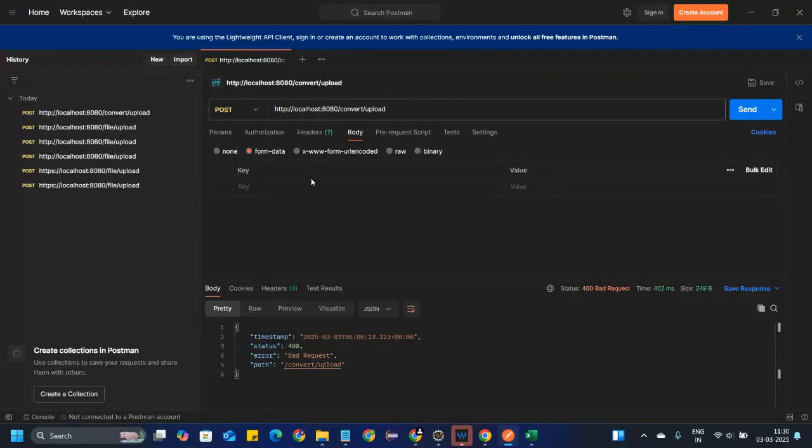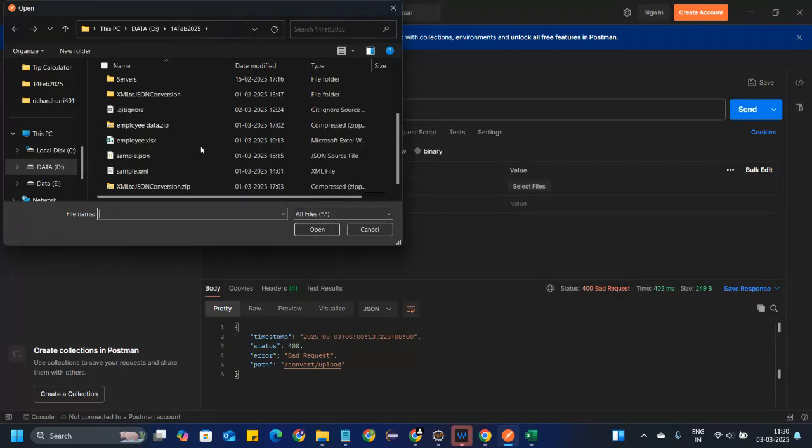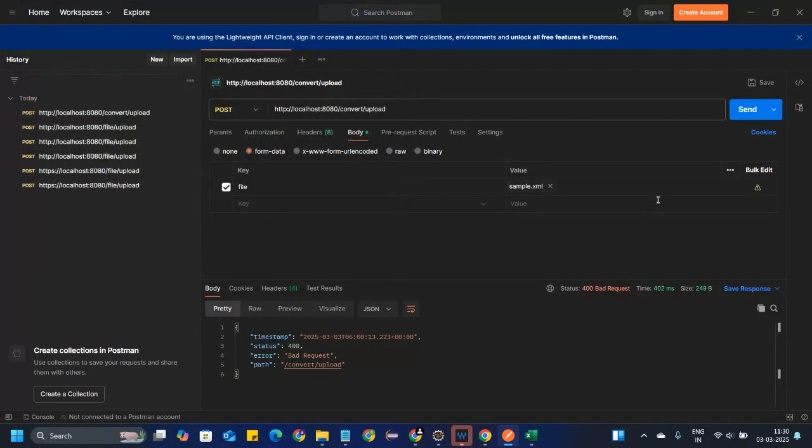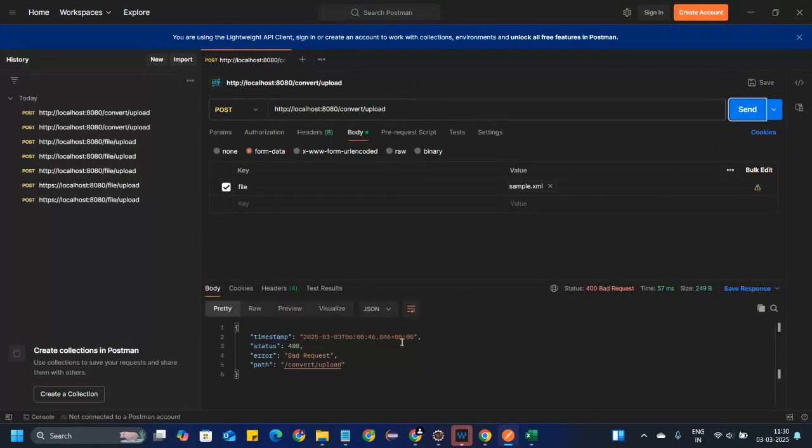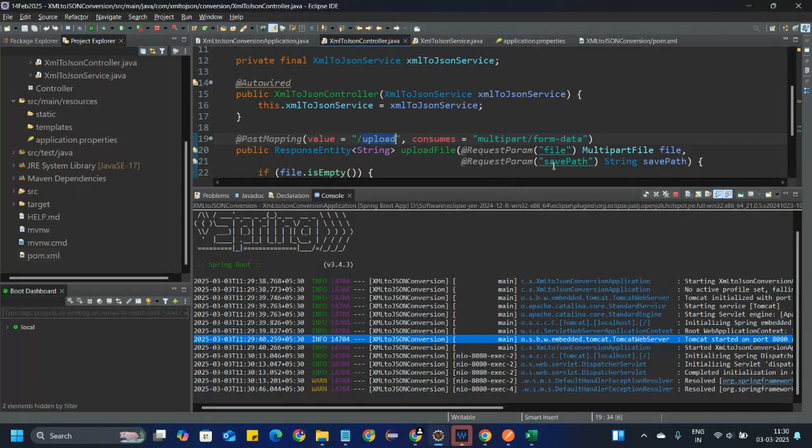Come to form data, select the file type, file, select the file in XML format, and send the request. It's a bad request. Now we check what the problem is. Oh, the file path.